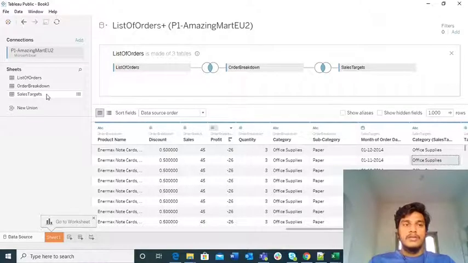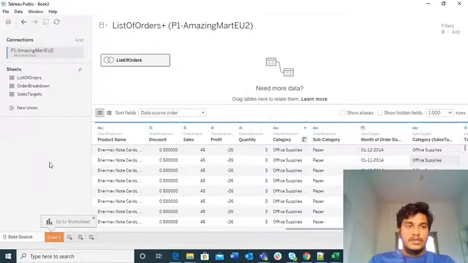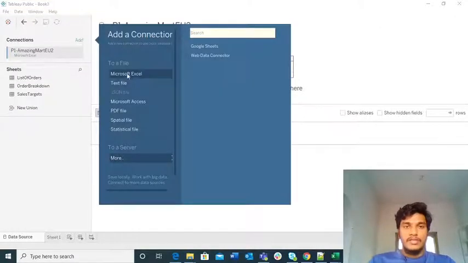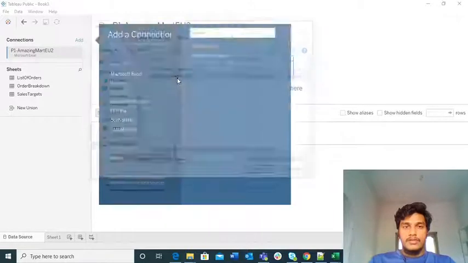So instead of directly bringing the sales target from the single sheet, we can create the sales target from the next data source and do a join here. What I mean is, I am just taking this out, and instead I am creating one more data source. I am clicking add here, again Microsoft Excel, and again Amazon Mark II.